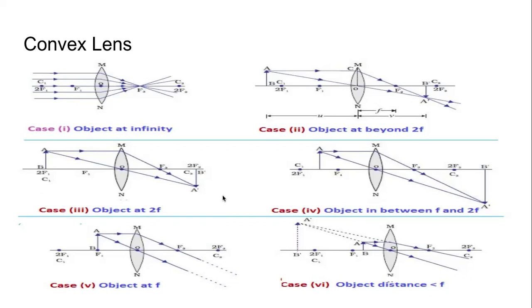Now once again, this is real, this is inverted, this is on the other side of the mirror, it is at another center of curvature. Special thing is it is of the same size. देखो क्या हो रहा है, धीरे धीरे साइज बड़ा हो रहा है. पॉइंट इमेज थोड़ा बड़ा और बड़ा. Now it is equal to the object, same size as the object. You can just guess कि आगे क्या होगा.